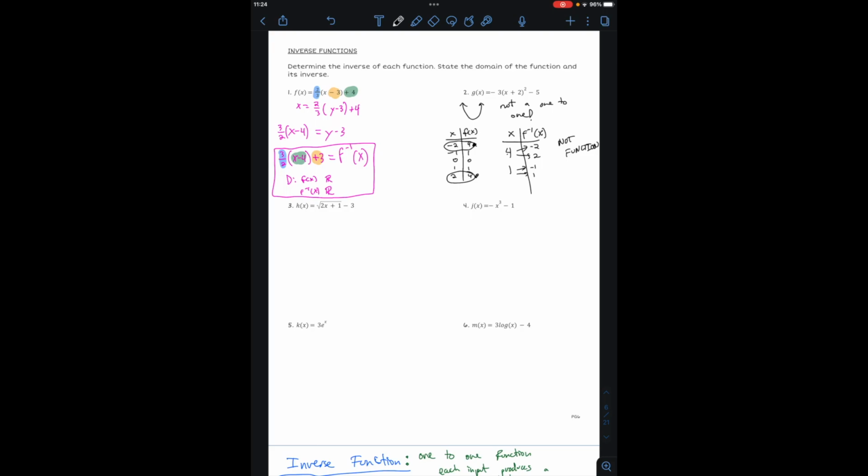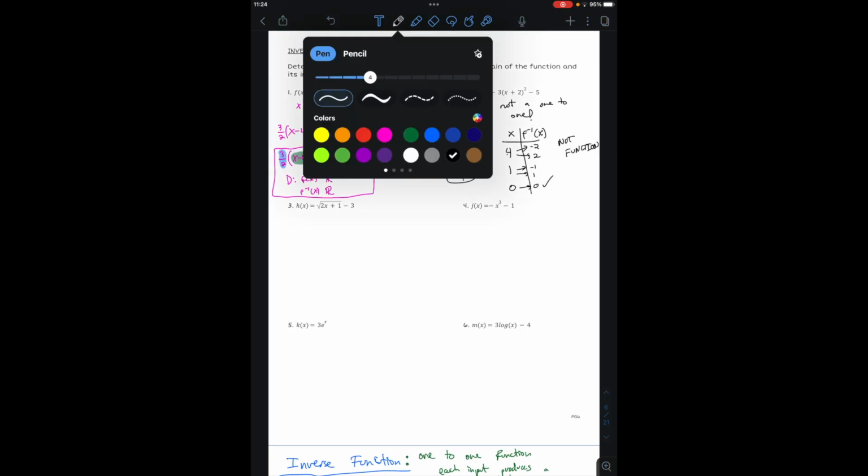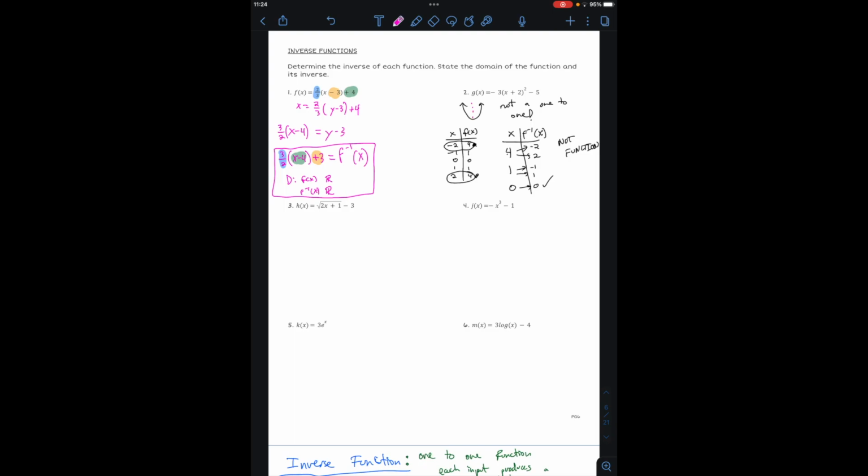And then 0 is the one exception, the vertex. That's okay. But that's a problem. So this is not a 1-to-1 function. We cannot take the inverse of this function without restricting the domain. So if we cut our domain and we said, let's just take a slice of this function, like say cut it at the vertex, and I just take this positive half of the function,